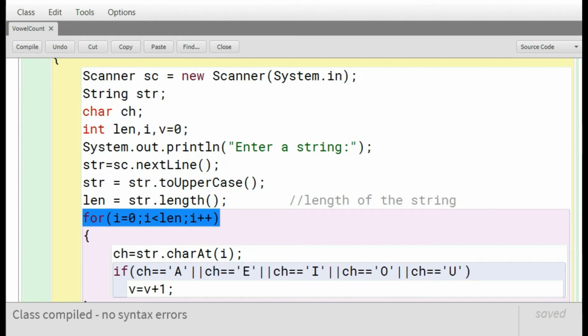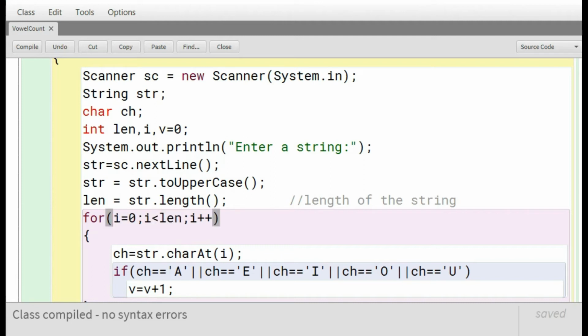We have to execute a for loop because we are going to check each and every character of the string, so the for loop will run up to the length of the string. So i starts from 0, and the condition is until i is less than len, which is the length of the string.